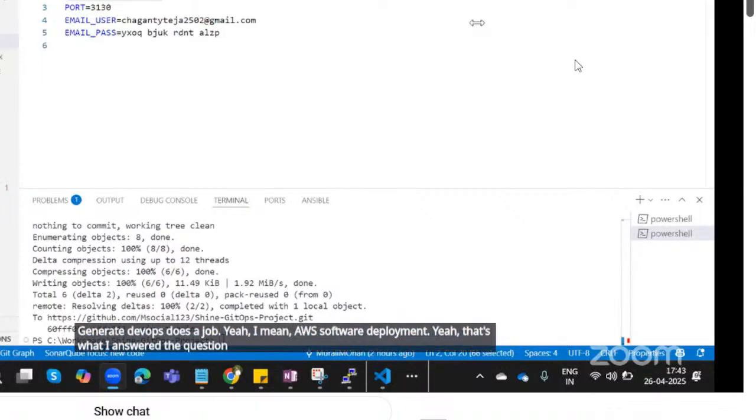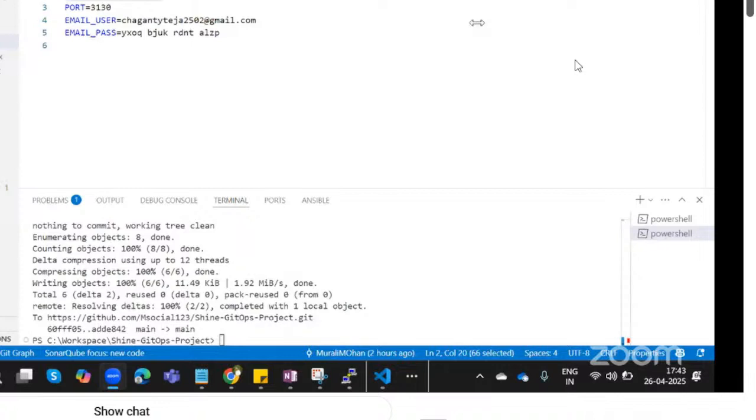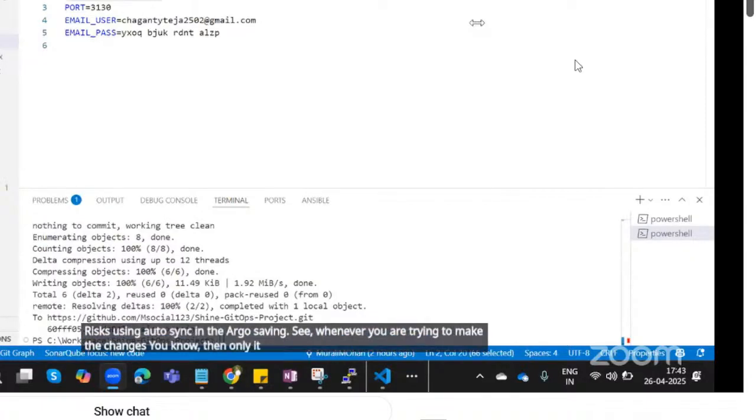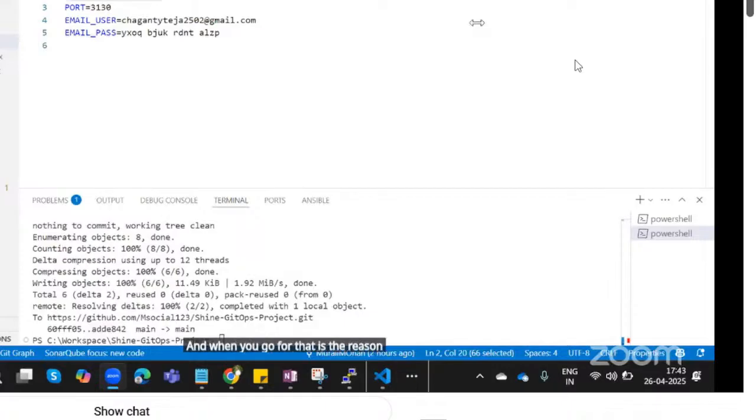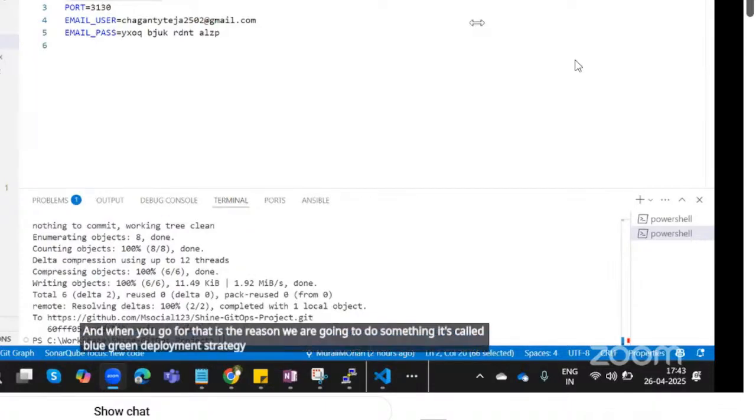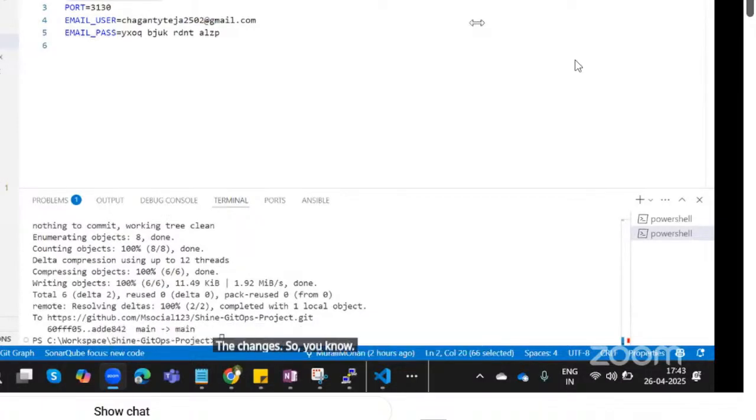Next one: what are the key benefits and risks of using auto sync in Argo CD? See, whenever you make changes, only then it is going to sync. You have to be mindful of what changes you are making, why you are making them, and when. That is the reason we go for a blue-green deployment strategy. We maintain a separate values.yaml file to make sure we understand how to create these particular changes. So it will take 8 seconds of time